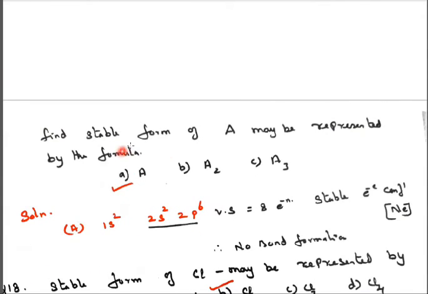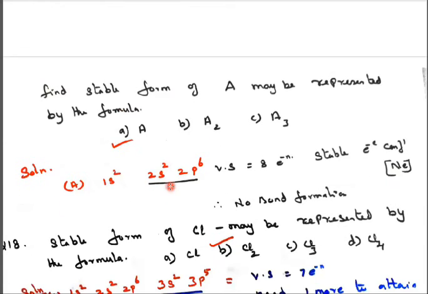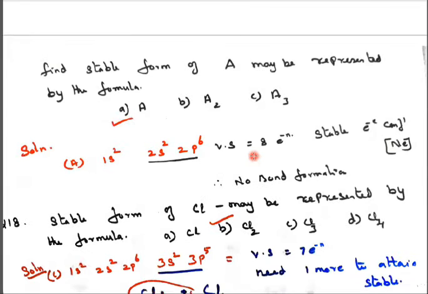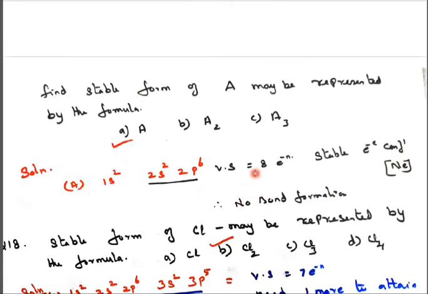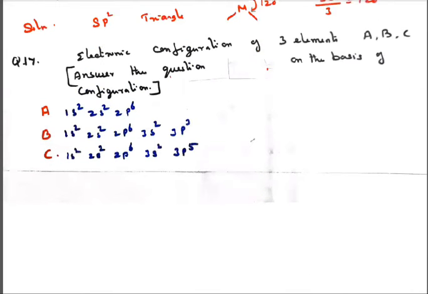So let us see. Find the stable form of A, which may be represented by the formula A or A2 or A3. So 1s2, 2s2, 2p6, the valence shell has 8 electrons. It has the stable electronic configuration of neon. So no bond formation. So stable electronic configuration is